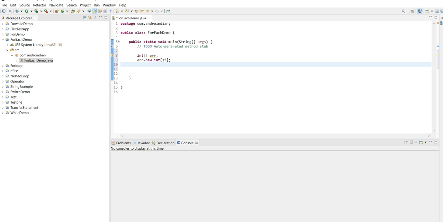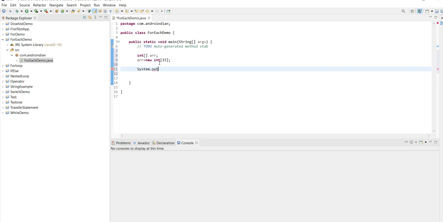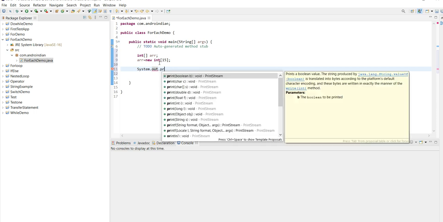Now I want to print some values from this array using System.out.println.